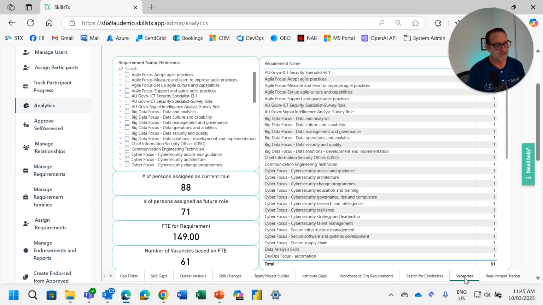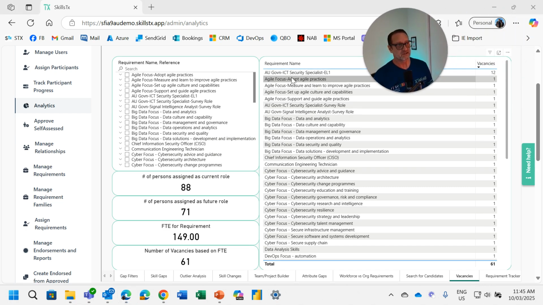And finally, a very, very detailed breakdown here of vacancies. So you can see here we've got an ICT security specialist. We've got 12 vacancies for that particular role in the organisation. So clearly that would be our focus for maybe internal and external recruitment. Okay, so internal job market,